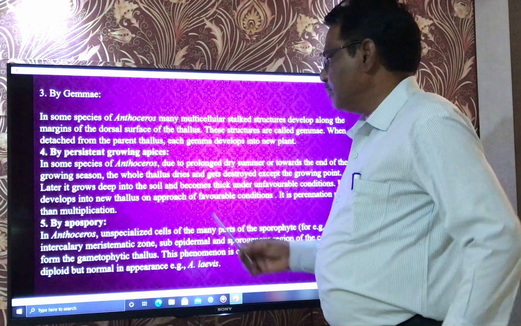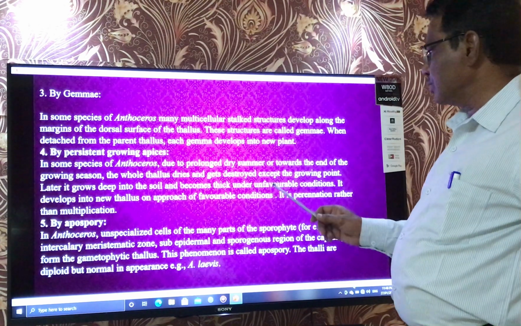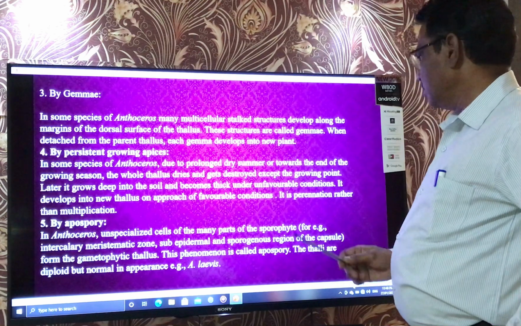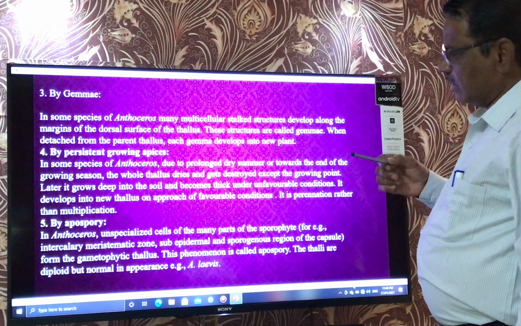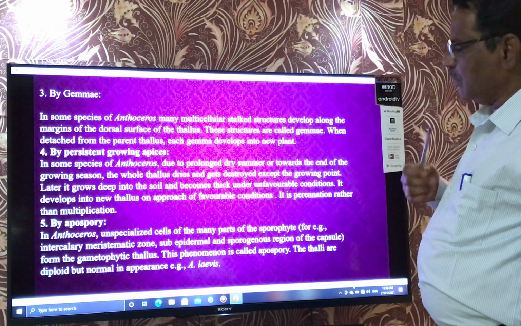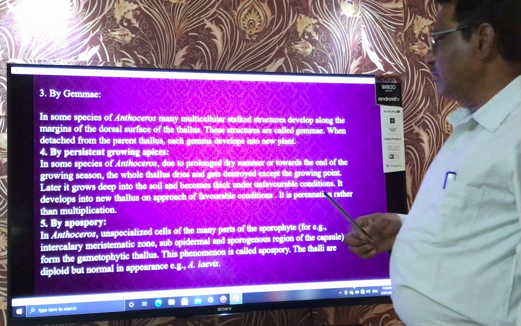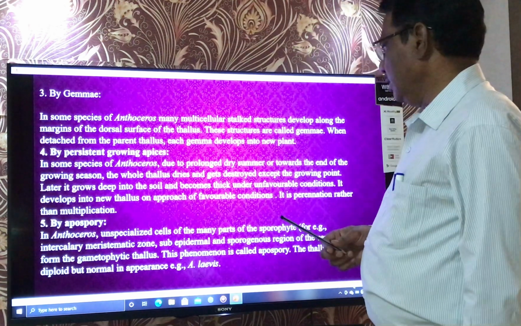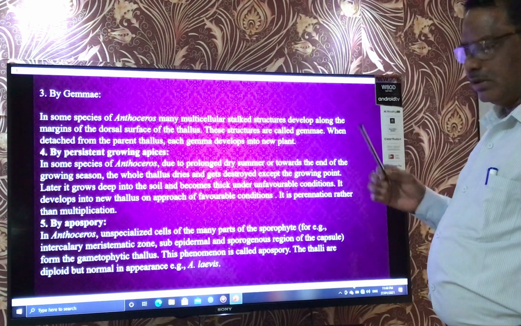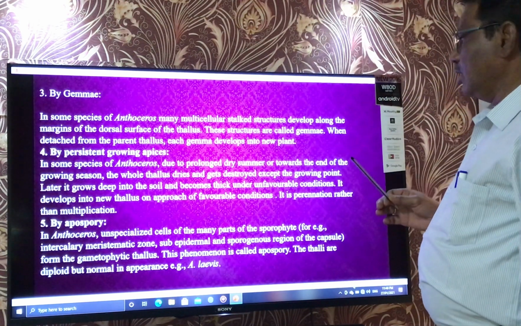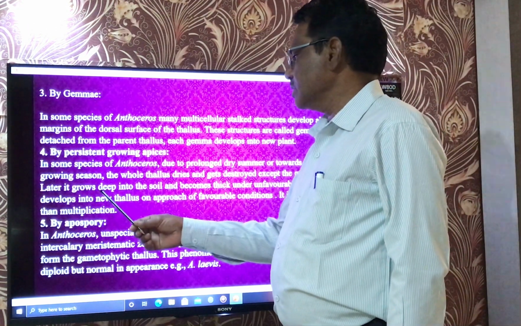Then the fourth is by persistent growing apices. What happens in some species of Anthoceros, due to prolonged dry summer or towards the end of the growing season, is this: as these bryophytic members are shade and moisture loving, usually growing in damp, shady situations, when the conditions become dry and unfavorable, the whole thallus dries and gets destroyed except the growing point. The apical growing point remains as it is,